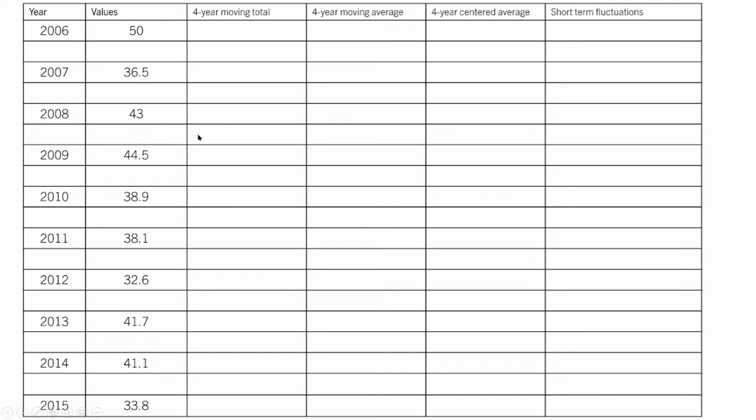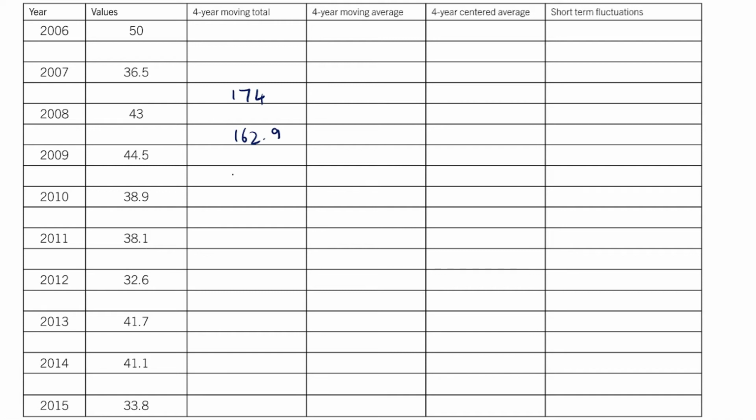Here 4-year moving total is the sum of these 4 and we have to write in between these two. So 50 plus 36.5 plus 43 plus 44.5, it is 174, and then we have to leave the first year and add the remaining 4 years values and write it in between 2008 and 2009. So here when we add all these we get 162.9,